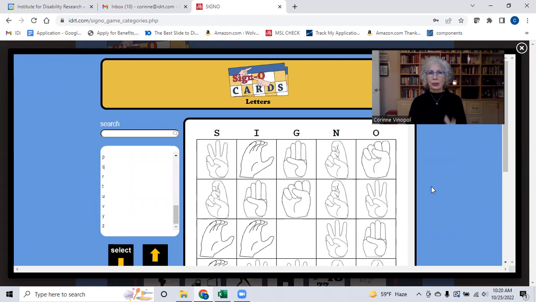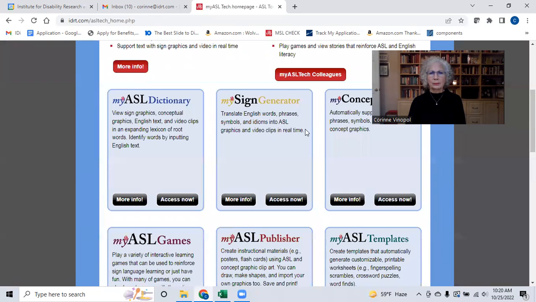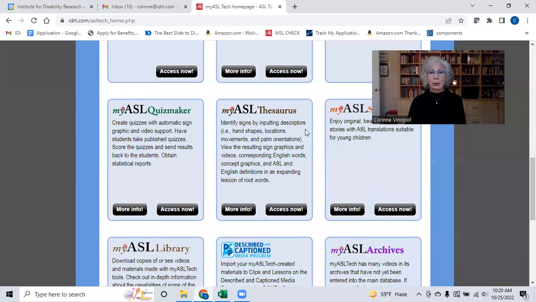Come up with the letters and the students have to come up with words from those letters. So you have another game. Let's go back now. Now there's several ways